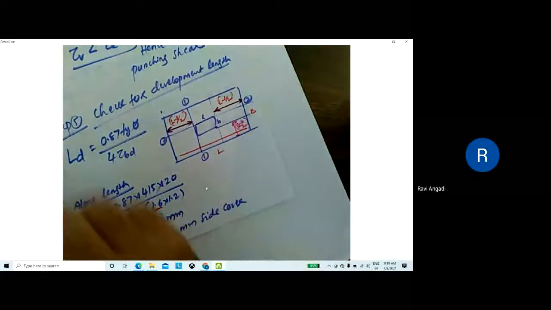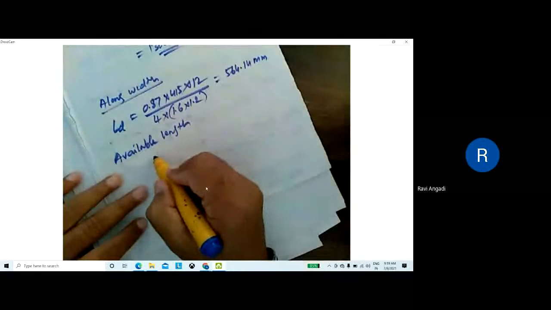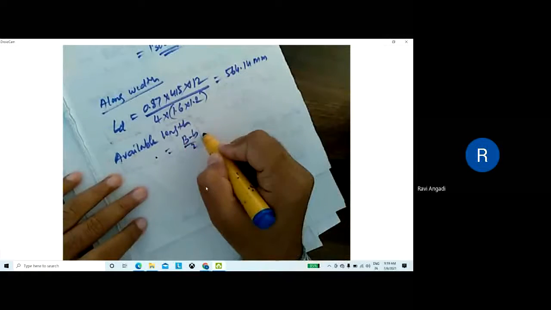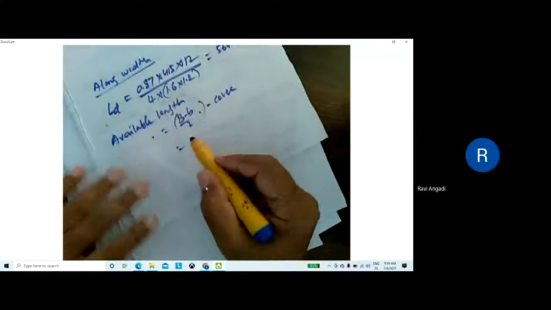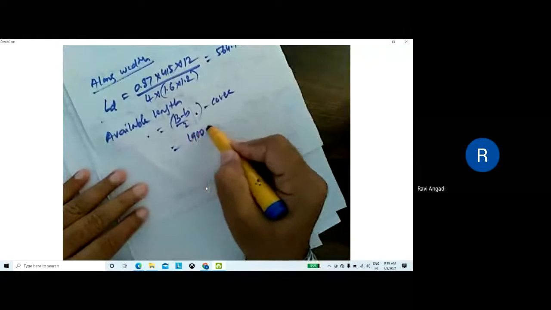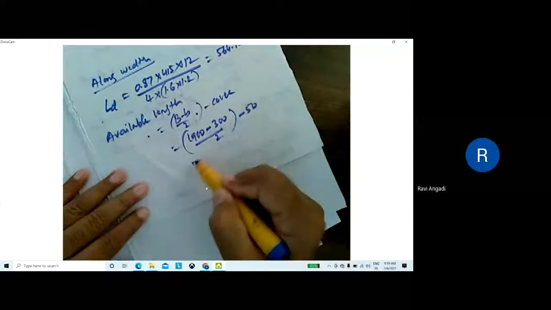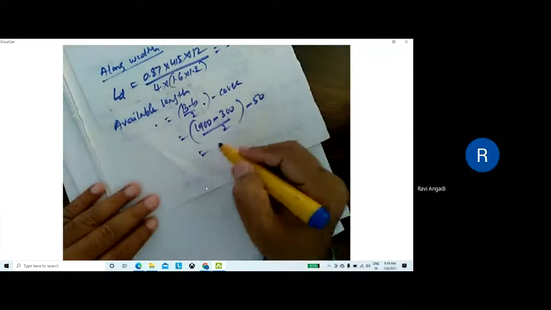Leaving the 50 mm cover, the available length is B minus B by 2 minus cover. The value of B is 1900, so 1900 minus 300 divided by 2 minus 50. What is the available length? 750.